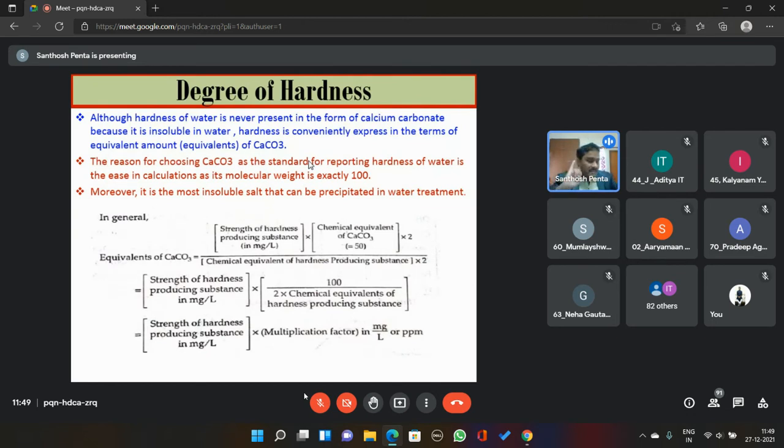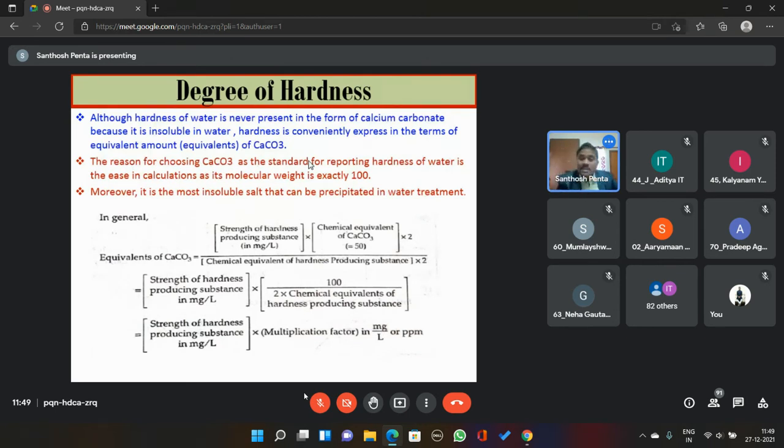Okay, the temporary hardness causing ions are calcium bicarbonate and magnesium bicarbonate, these two. And at the same time, what are the permanent hardness causing ions? Calcium chloride, calcium sulfate, magnesium chloride, magnesium sulfate, and some other heavy metals. But these four are the common ones. So six are common: temporary, calcium bicarbonate and magnesium bicarbonate, and permanent hardness, calcium chloride, calcium sulfate, magnesium chloride, magnesium sulfate. That means these six ions are the common ions causing hardness. The heavy metal ions are different.